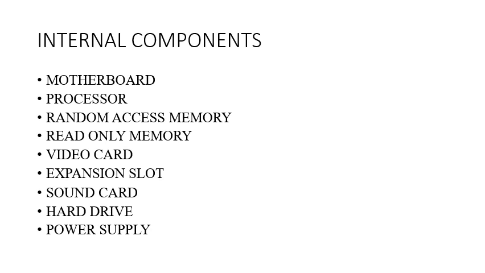So the first one is the motherboard. Okay, and the motherboard is nothing but the heart of the computer. The motherboard is something to which each and every device present inside the computer system will be connected. Okay, the second one is the processor. The processor is the one which is going to process whatever input data we are taking from the user. So again, the processor is the most important internal component of the computer system.